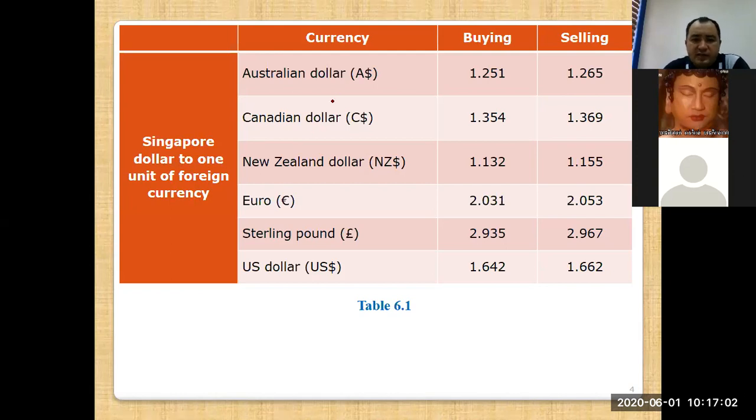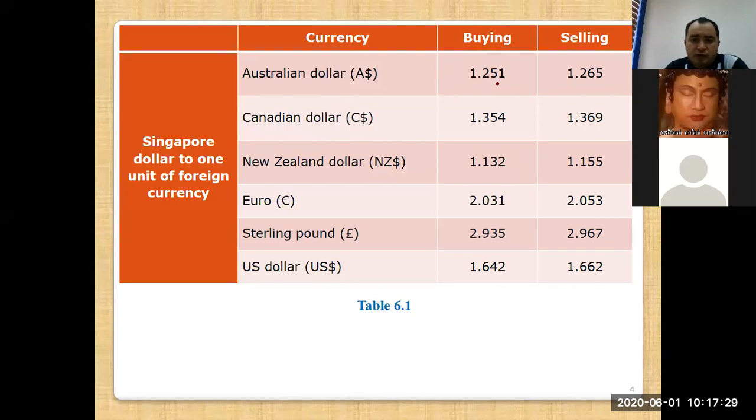So here, for example, let's say you have Australian dollar, right? So it means that it is buying and selling. And we see this table in a bank, right? And this table is displayed by the bank. So buying, who is buying this thing? Actually, Australian dollar, the bank is buying from you, right? So if the bank is buying Australian dollar from you, if you give 1 Australian dollar, the bank gives you